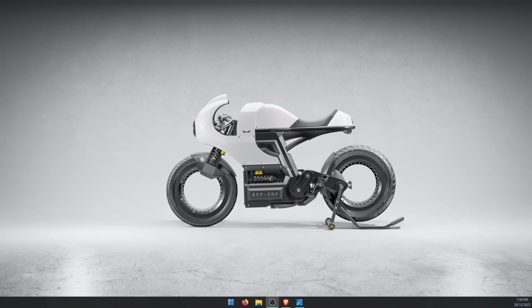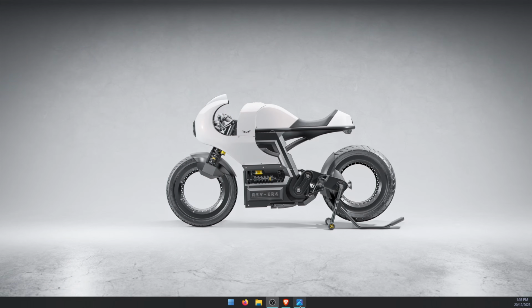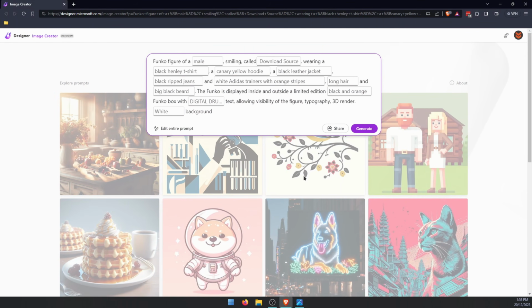In this video today, I'm going to show you how to quickly and easily make your own little Funko Pop style image here. So this one's done with generative AI and you can customize it however you like to make it exactly like you. So all you need to do is to go over to your internet browser and go